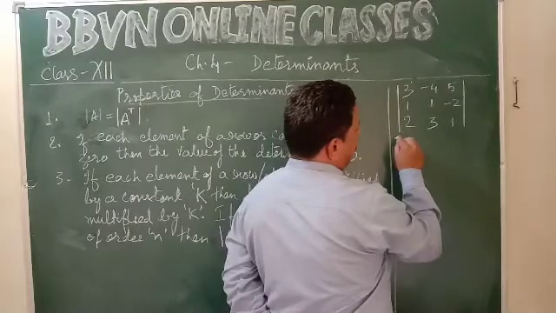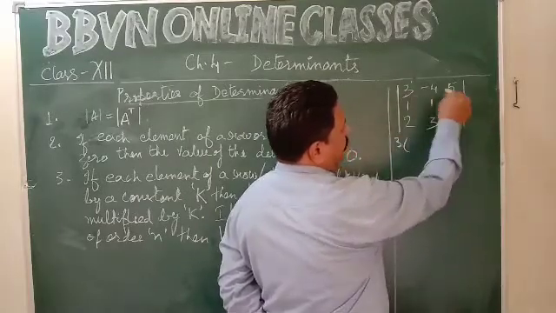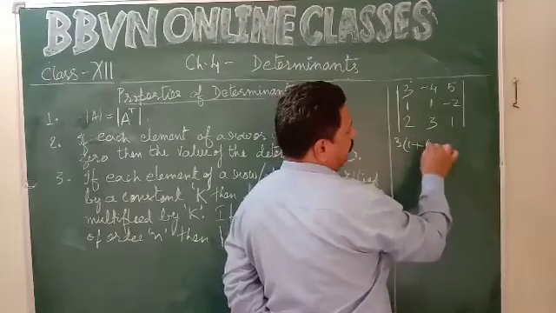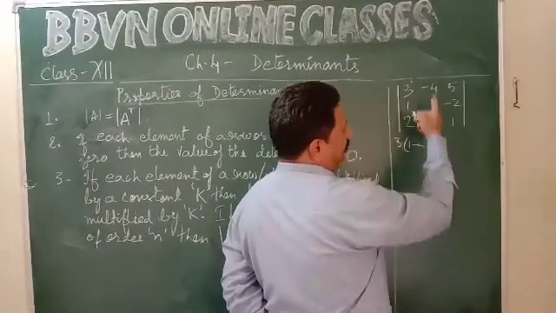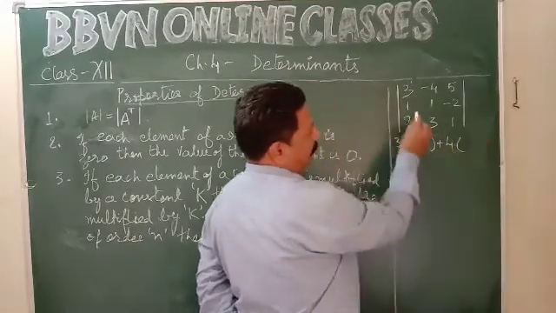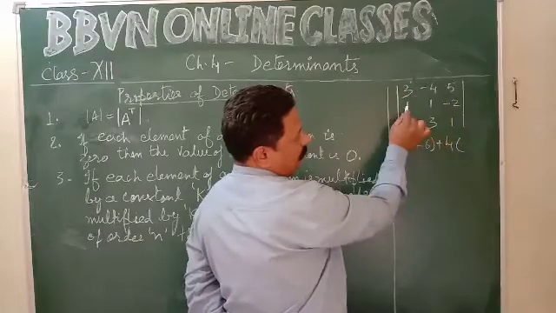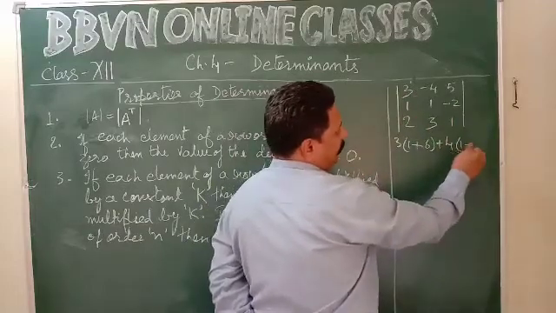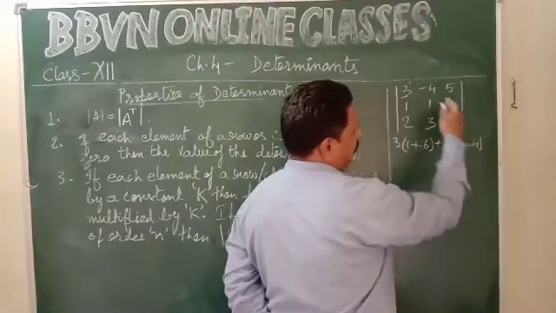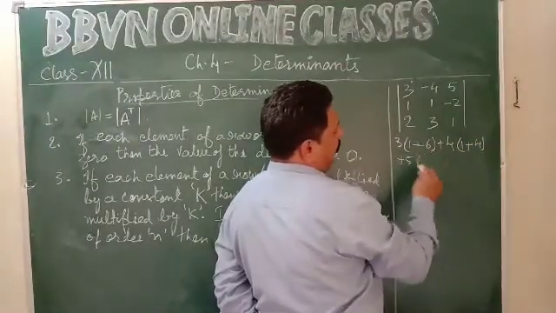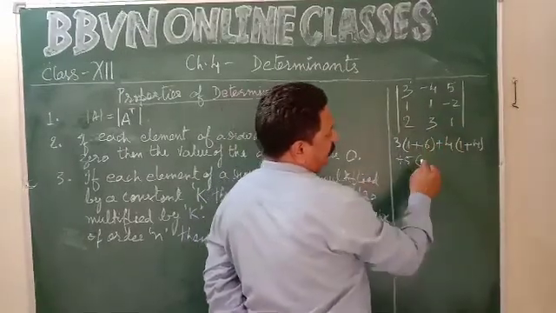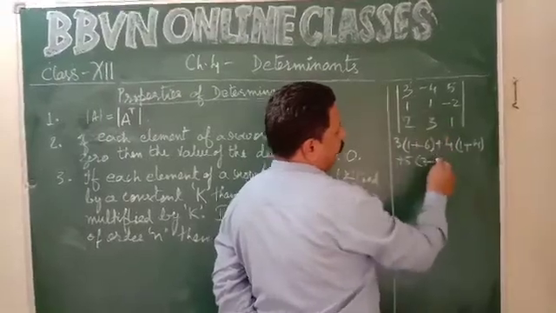Now its determinant: 3 into, I will leave this row and column, 1 minus 6 becomes plus 6. Next element will be negative. Already it is minus, so becomes minus plus 4 multiplied by, again leave this row and column, cross multiply, 1 into 1 is 1, minus 2 into minus 2 is minus 4, becomes plus 4. Next plus 5 multiplied by, leave this row and column, remaining 4 elements, cross multiply, 3 minus 2.